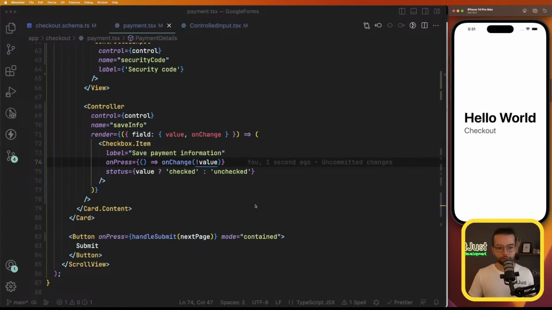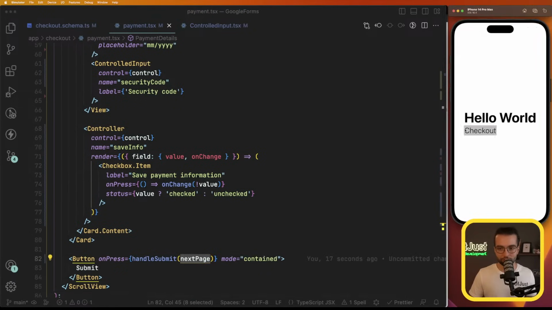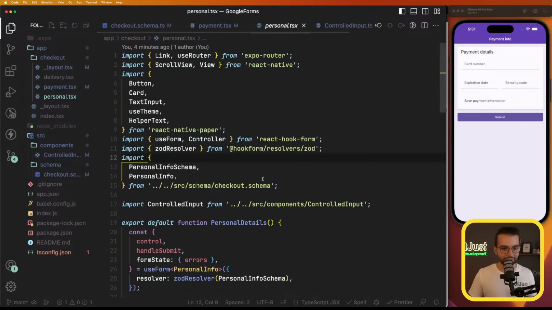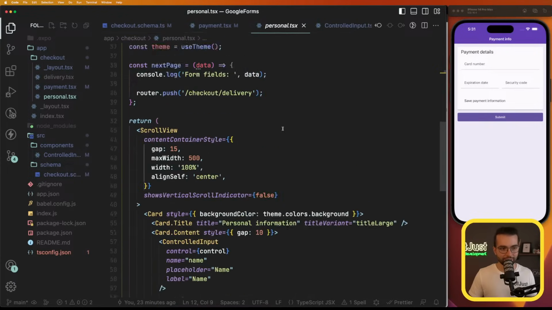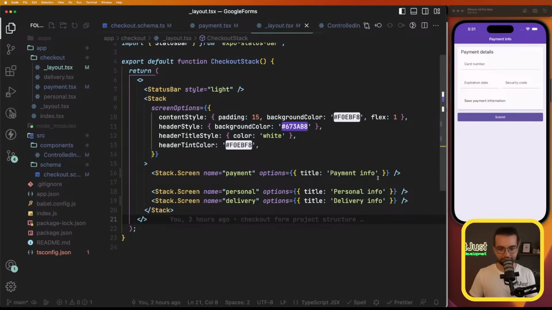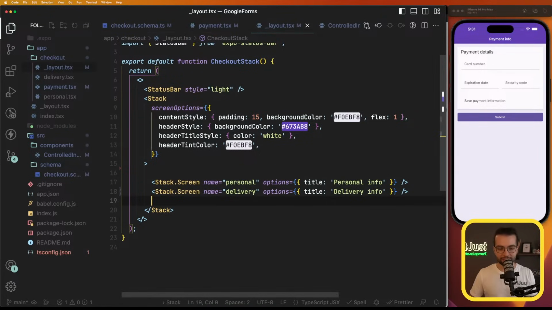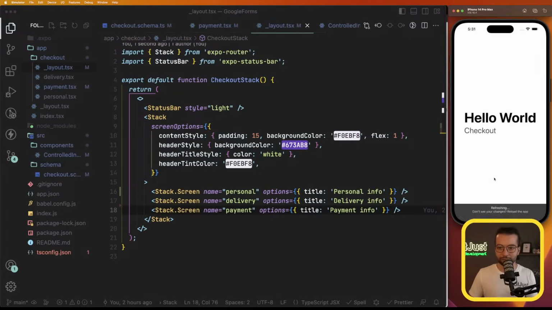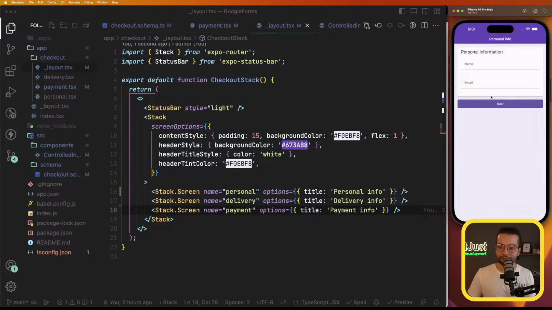Now it works. Now it redirects to the home page. Really? If in layout, now we're gonna put payment as the last screen. And if we're gonna refresh the page and we're gonna go to checkout, we're gonna have validations for the first screen. We're gonna input the name, email,